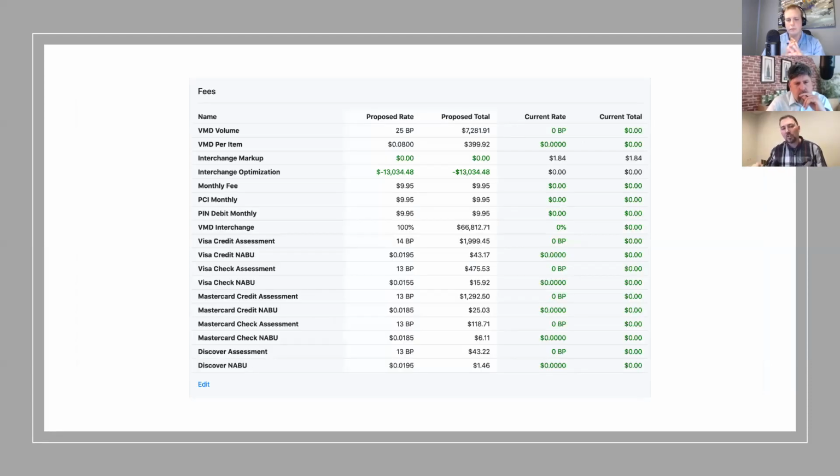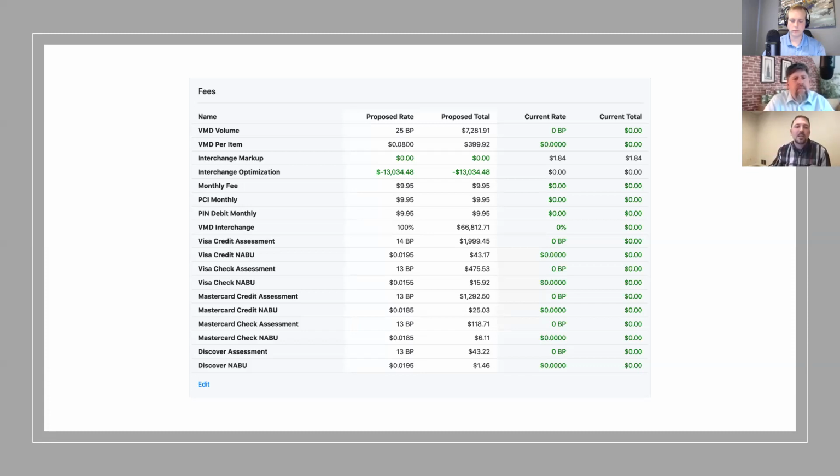So this particular merchant, without lowering the margin at all, which is huge, I'll show you in a second, we were able to find $13,000 a month in interchange optimization for this merchant through PayTrace. So this merchant is going to start processing with PayTrace, and is going to pay $13,000 a month less than they were paying before. And the rep is not going to cut the margin at all. In fact, if he so chose, he could increase the margin and still get the account, and still have that account.